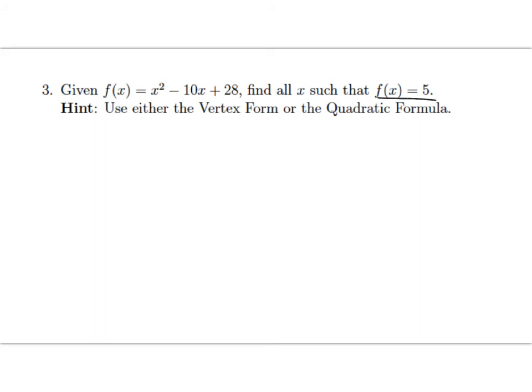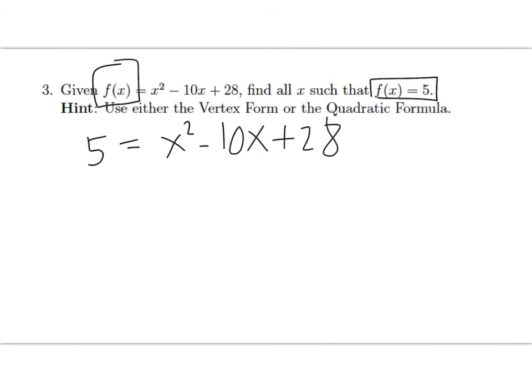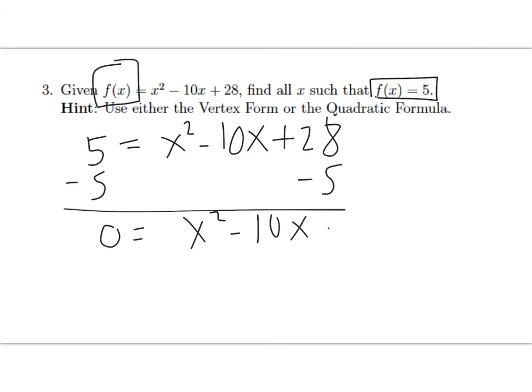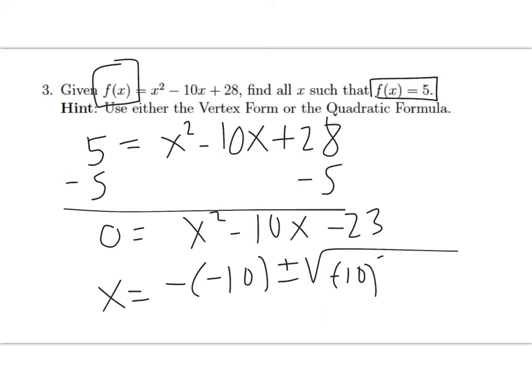Here we are again, given y. In place of f of x, aka y, we'll put a 5 there. Oh, and this is a quadratic. This is a nice review of earlier modules. Now, hint, we're going to have to probably use the quadratic formula here. They want to know all solutions. They want us to find all x. What we're going to do with our quadratic formula here: x equals the opposite of b plus or minus the square root of b squared minus 4ac